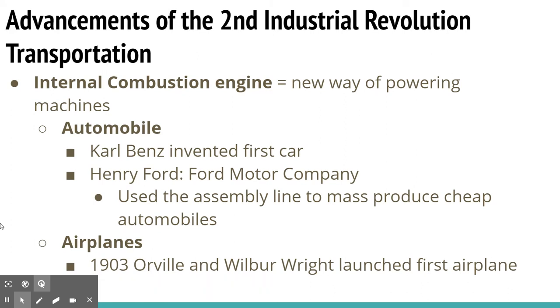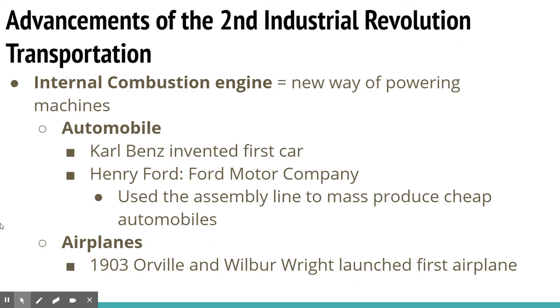In transportation, there was a huge revolution, which was the internal combustion engine, which is pretty much what powers everything that we have today, from cars to trains. And it's going to be run on oil. So we're moving away from coal and moving more towards oil. So the automobile is obviously powered by the internal combustion engine. It's first invented by Carl Benz. And then Henry Ford really streamlines the manufacturing process using the assembly line and begins to mass produce cheap automobiles